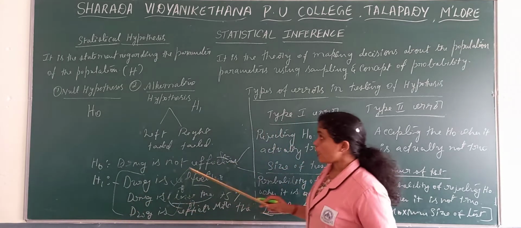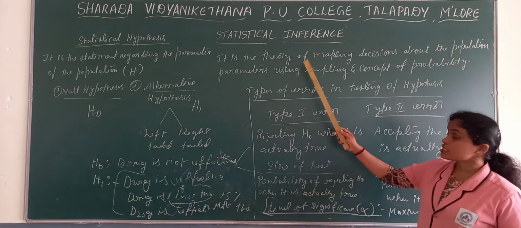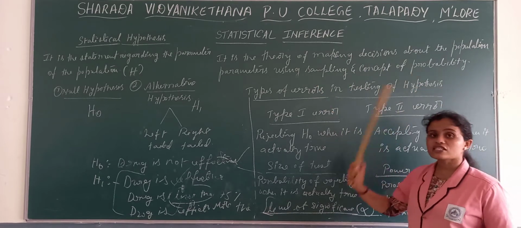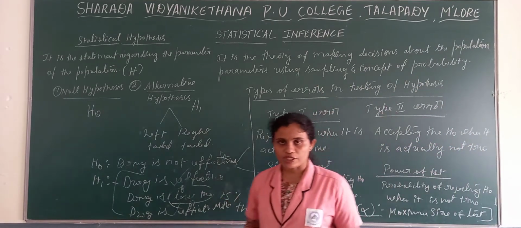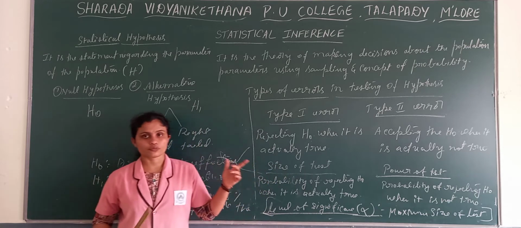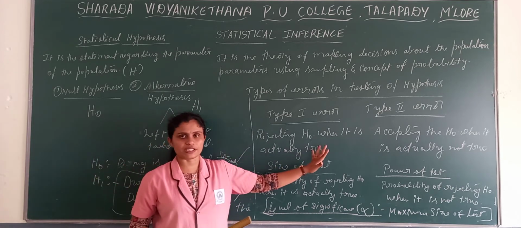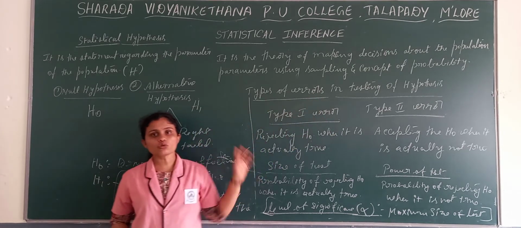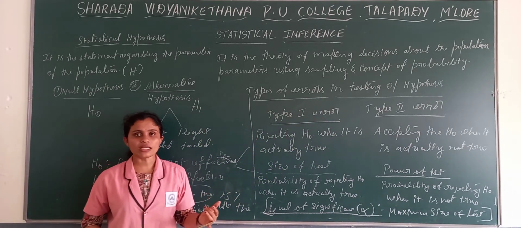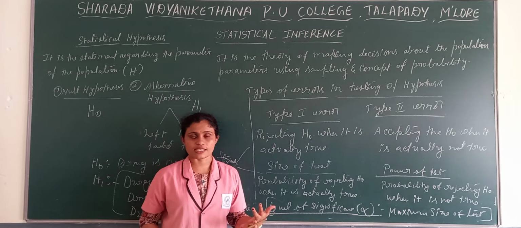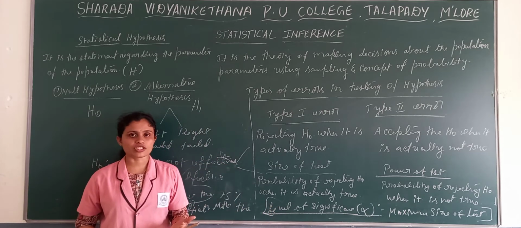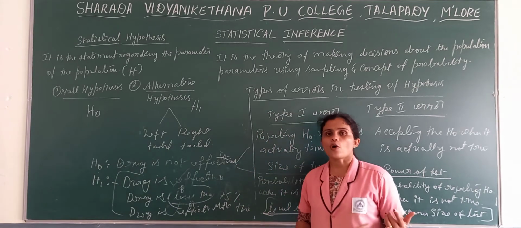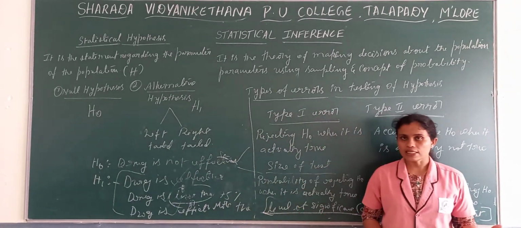So as a theory part, we discussed today what is statistical inference. Statistical inference is nothing but making decisions about population parameters, having the concept of sampling and probability, and it has two branches, that is estimation and testing of hypothesis. And we discussed estimation, and in case of estimation there are two kinds of estimation, that is point estimation and interval estimation.